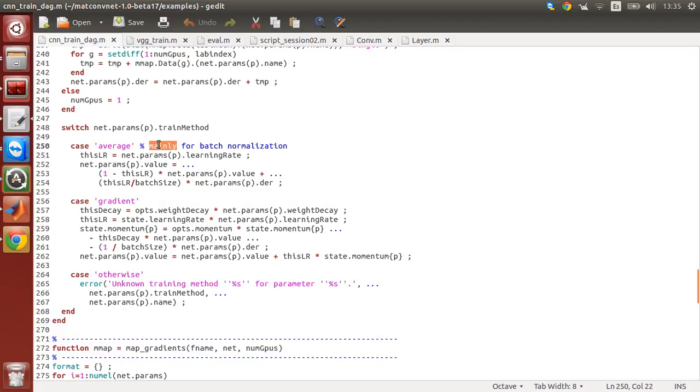That means that if you are evaluating one image, the result is going to depend on the remaining images of that mini batch. So having different orders or different images in your mini batch is going to change the results,